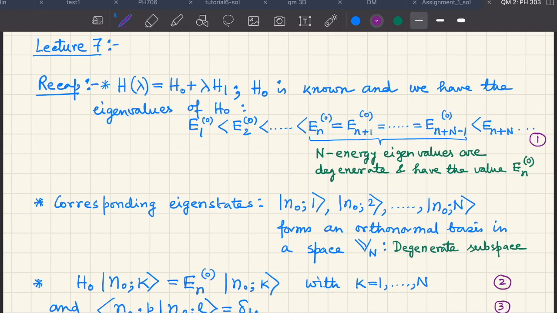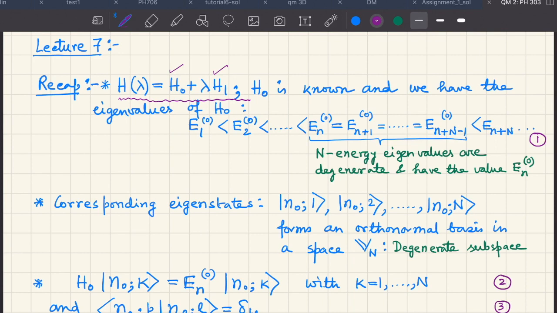And if you remember, our starting point always was this total Hamiltonian, which had a part which we called the unperturbed Hamiltonian, and also another part which we call the perturbation. And you remember that this H naught, that is the unperturbed Hamiltonian, is known, and we have the eigenvalues corresponding to H naught as E1 0, E2 0, and till En 0, after which there are capital N number